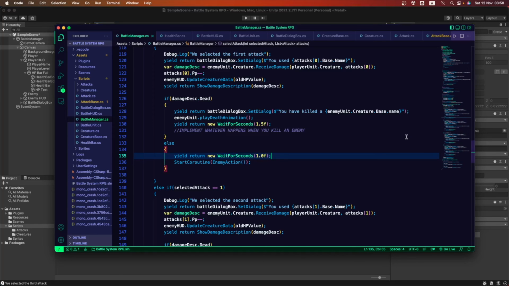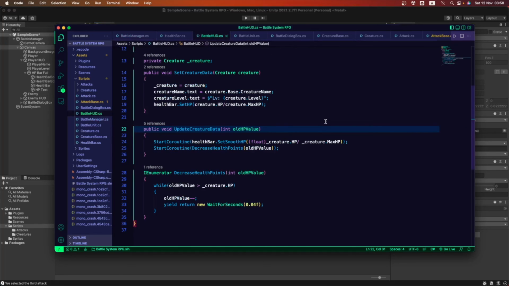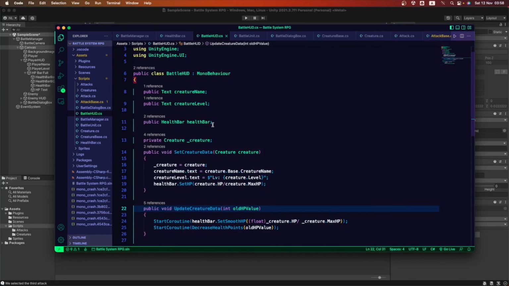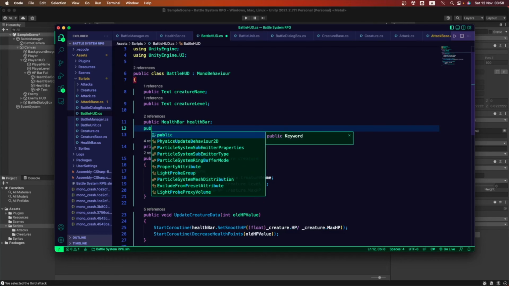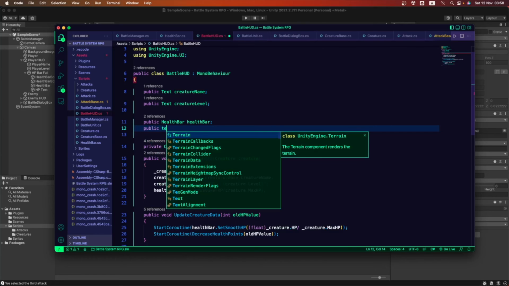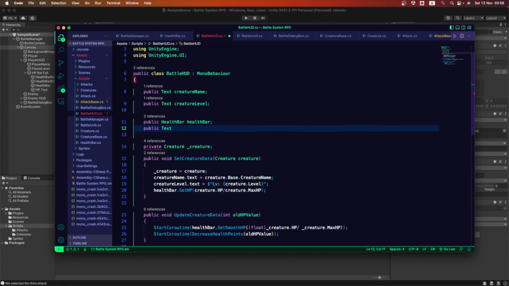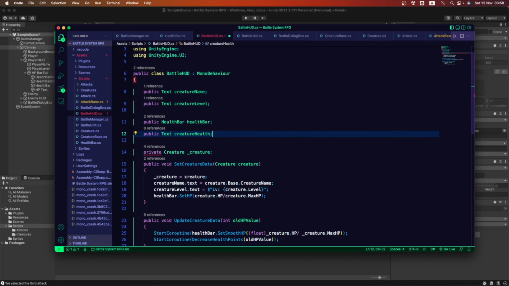Let's go into our BattleHUD script. And in our BattleHUD script, we can add a new variable to set it to that text. Okay, so this one is going to be of type public Text. This is gonna be creatureHealth. Okay, great. That's the one that we're gonna be setting there.